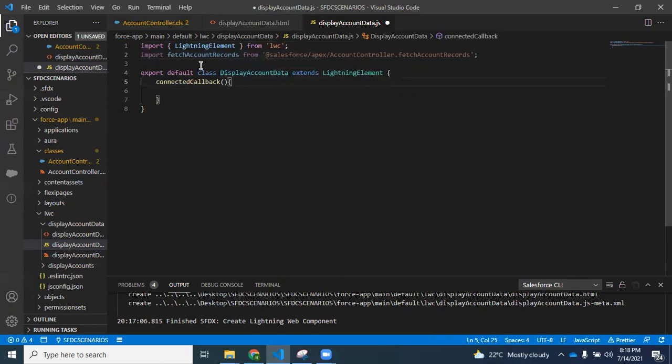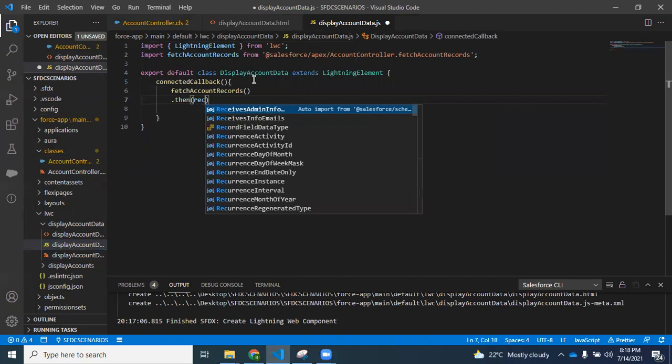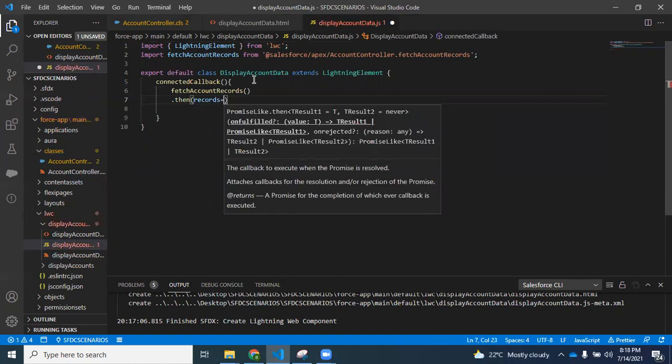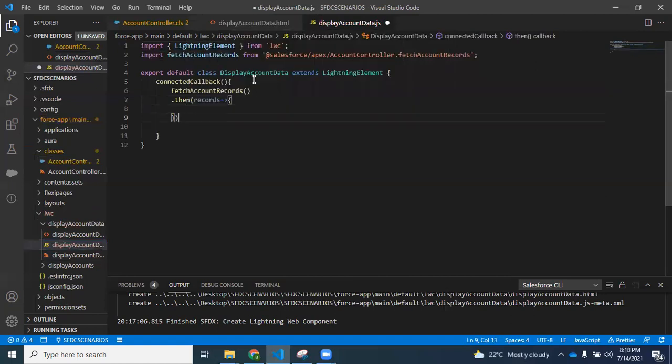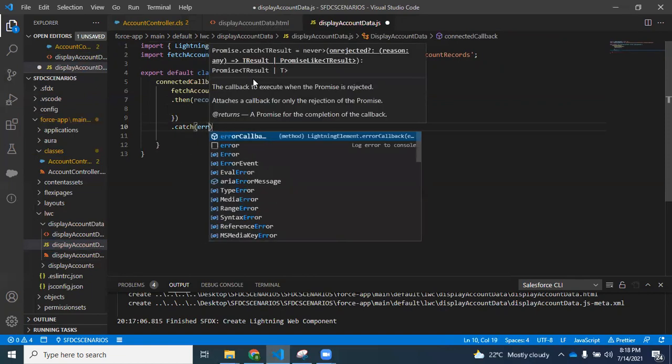What is our method name? fetchAccountRecords. This is our method name. Now the 10 records. Let's say if something goes wrong, then it will enter into the catch block.